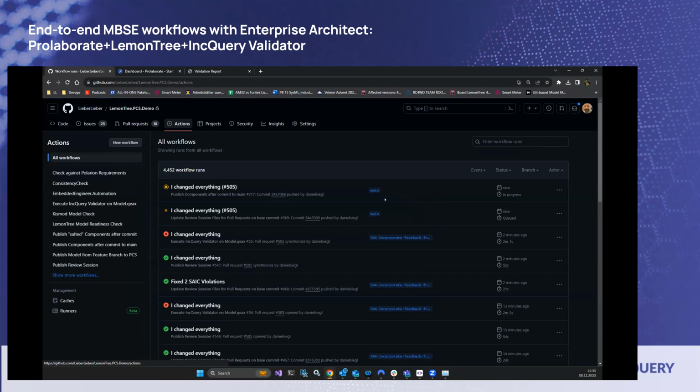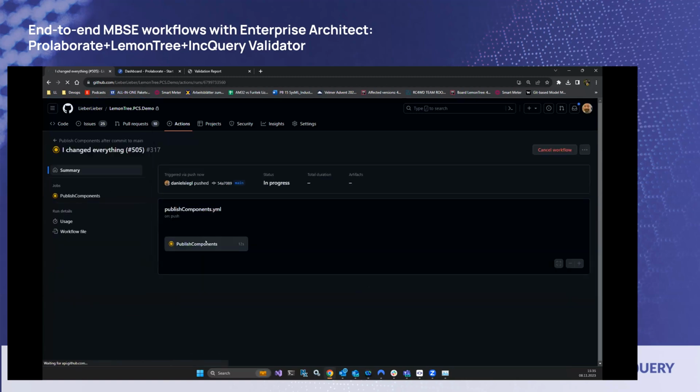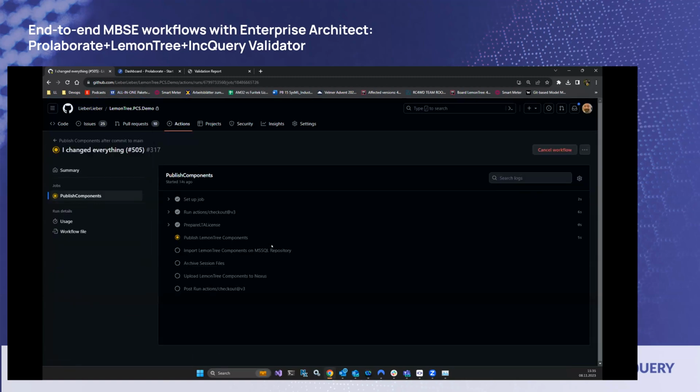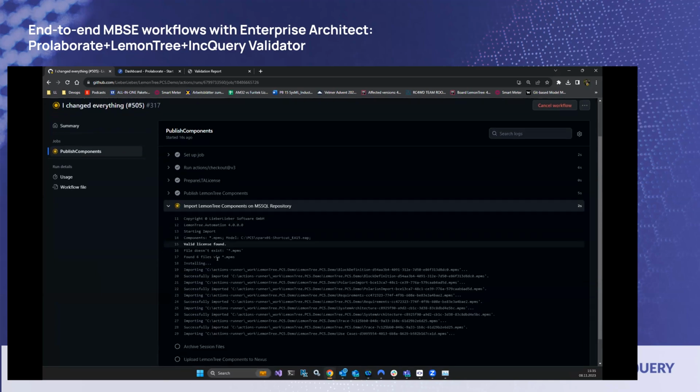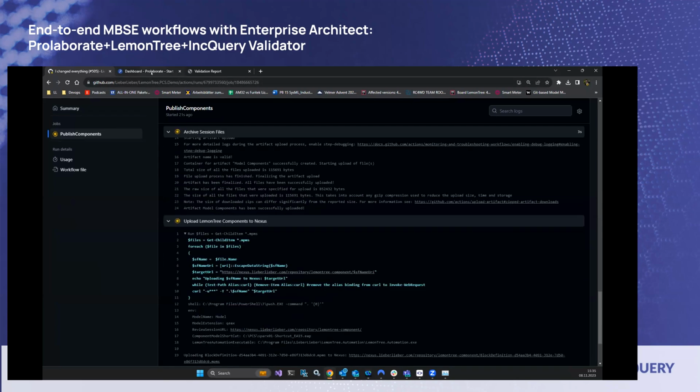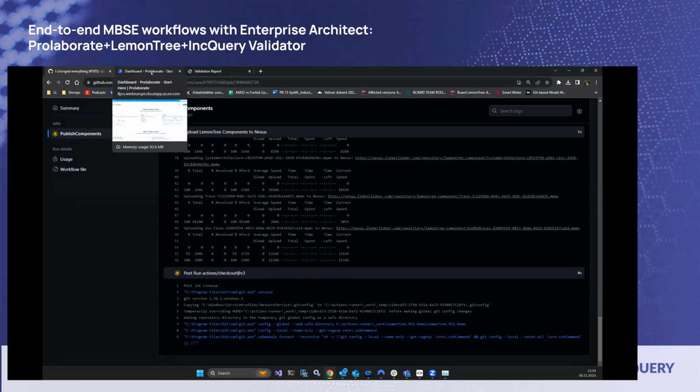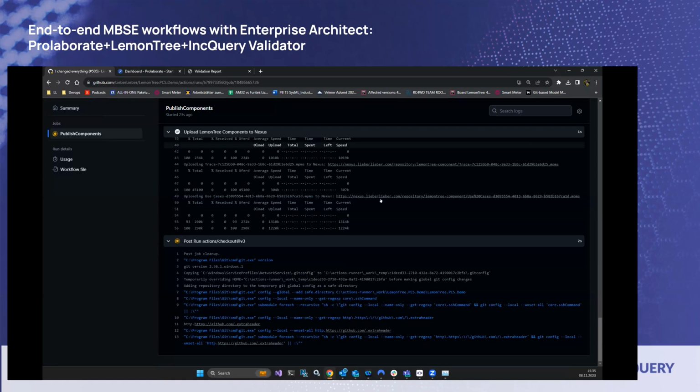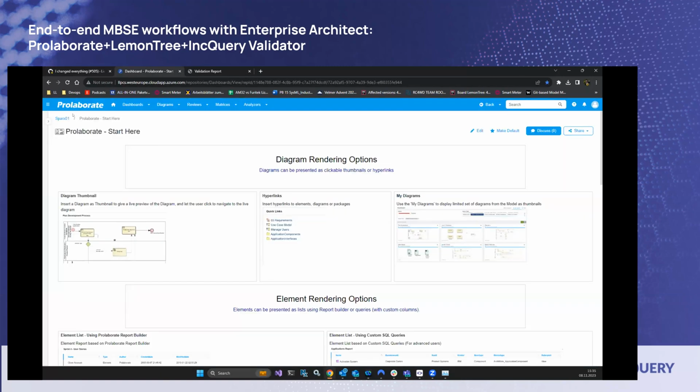Now that I merged into main, you can see there is this publish components running on the main branch, which is a task that extracts parts of the model that we want to publish and imports it in a central SQL Server repository so we can access it with Prolaborate, and it also saves them on a file storage and so on. So if I now go into Prolaborate,